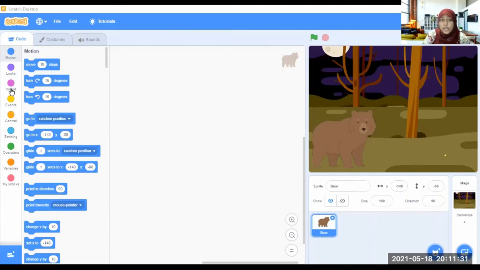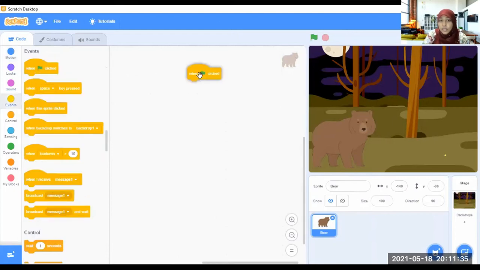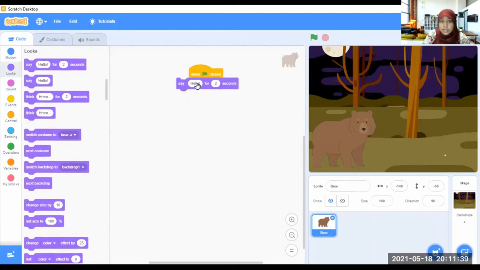If you want to delete an event, not a motion, what you should do is just go to the event like this, click on the event you want to delete, and click on delete on your keyboard.